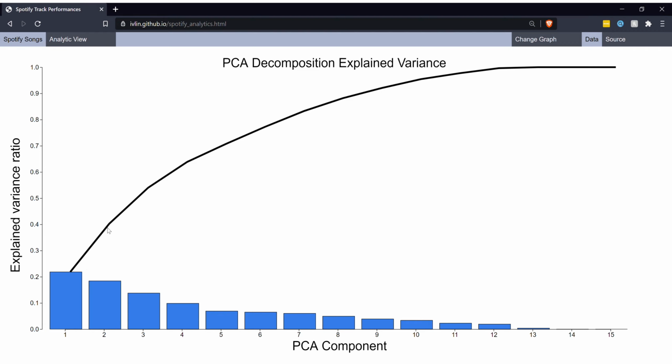This line is a cumulative count of the bar values. So you can see bars 1 and 2 jointly represent about 40% of the variance in the dataset. This is our descending, and as you can see, the cumulative count approaches 1. If you would like to view a scatter matrix, you can select a dimensionality index by choosing a bar. So if you want to select a dimensionality index of 2, you click this bar at 2,